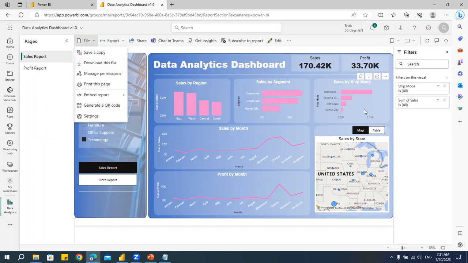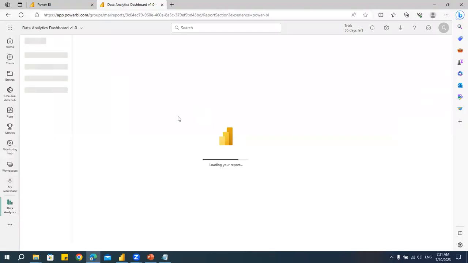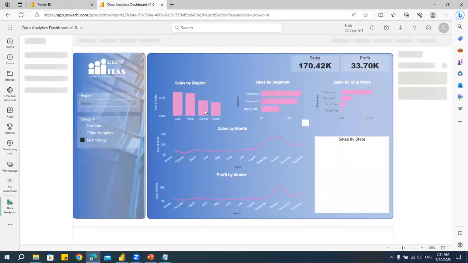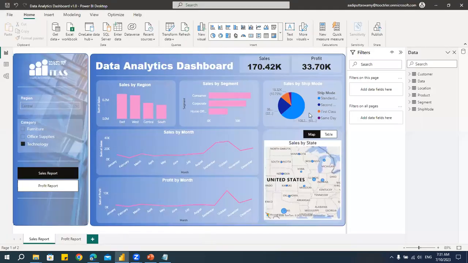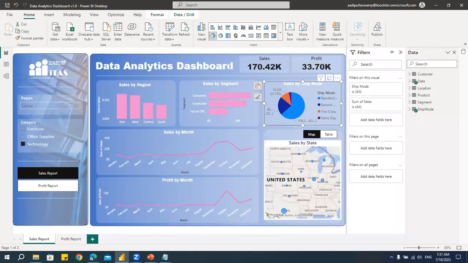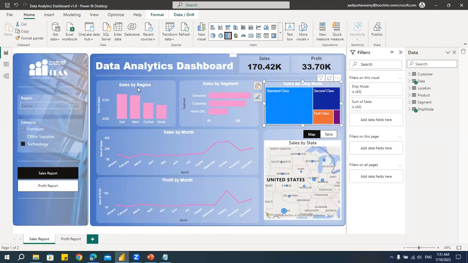Now I should be very careful. Now I save this file. Let me click on this refresh. See, I saved the file. Now I'm saying refresh. It is the updated report. Now, if I go back, let me change this to, let's say, a tree map. Okay, something got changed. Now, if I say save and publish,